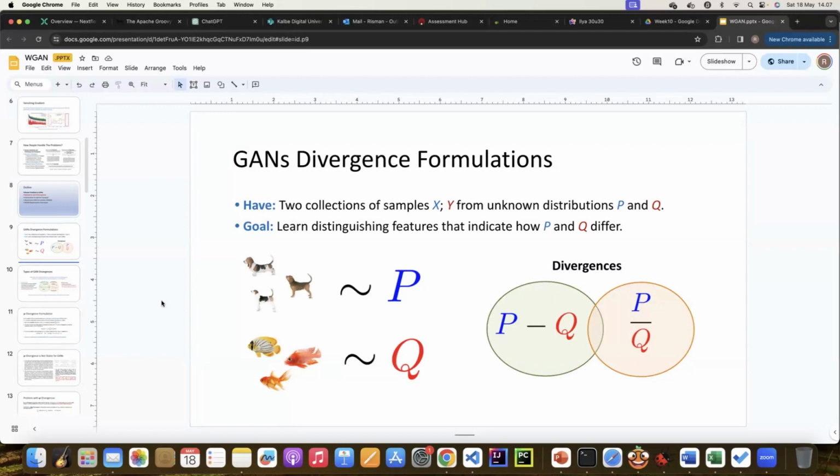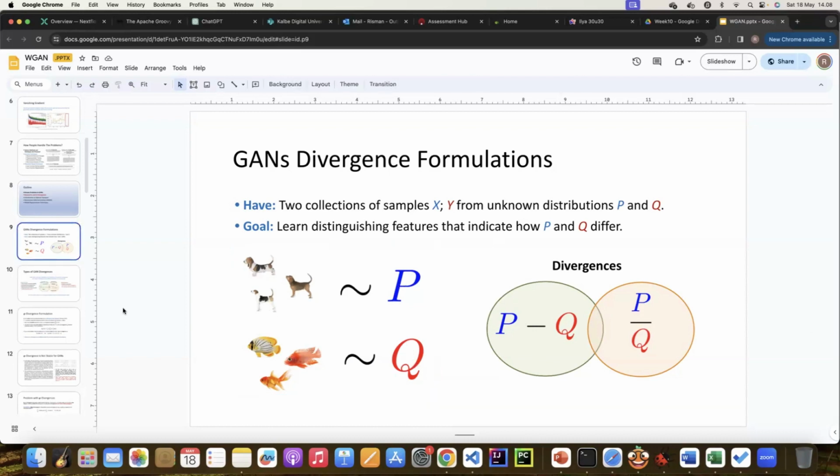I say dogs are generated by probability distribution P, and fish are generated by probability distribution Q. So in mathematics, two collections of samples, let's say X and Y for dogs and fish, come from unknown distributions P and Q. If I want to define the distance of P and Q from the samples only, because P and Q are unknown,